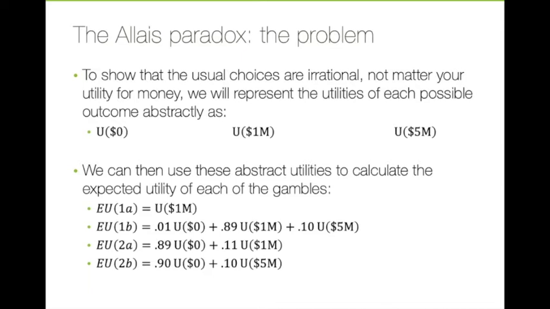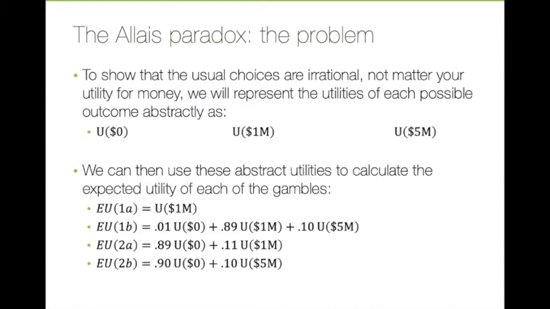This is exactly what we should expect from our expected utility formula. And then in the expected utility of 2A, we have an 89% chance of getting the utility of $0, an 11% chance of the utility of $1 million. And finally, we add for the expected utility of 2B, the 90% chance of getting $0 to the 10% chance